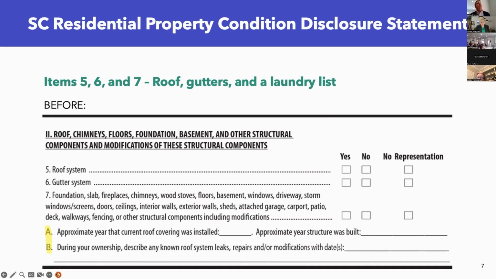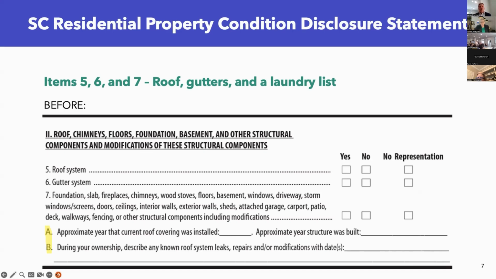But look now at the questions that used to be asked. We're looking at the old version of the form. There were three questions asked in A and B. The year that the roof was put on, during your ownership, do you know of roof problems? And then the approximate year the structure was built. What isn't asked about on the old form? Anything having anything to do with the laundry list, right? Nothing about all that stuff listed in 7 is asked about. The age of the roof, when the structure was built, and